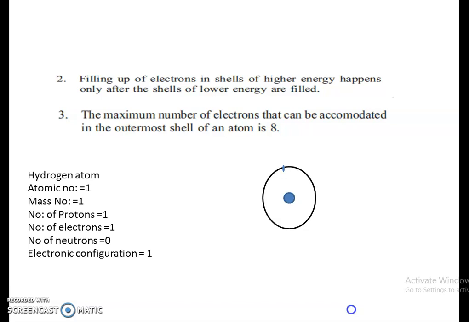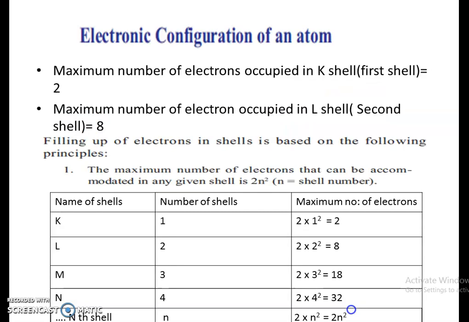There is an important twist in the filling. We have already discussed the maximum number of electrons that can be accommodated in each shell. For the first shell it is 2, second shell it is 8, third shell it is 18, fourth shell it is 32. But there is an important clause,